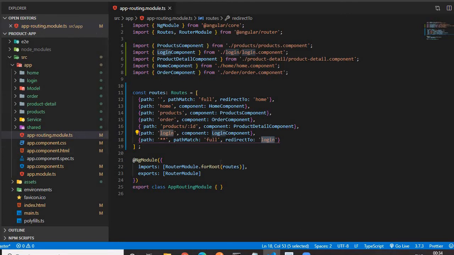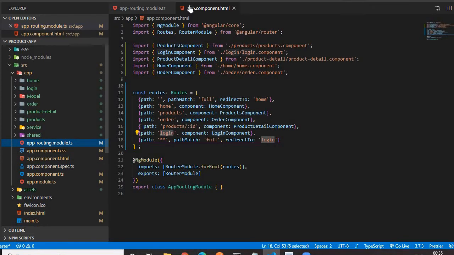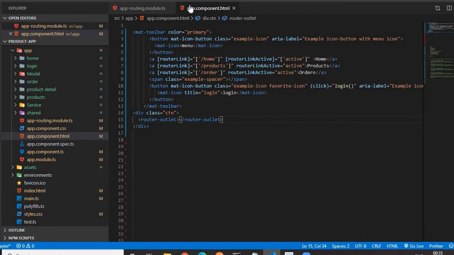Then after configuring the routing path, the next step is we have to go to the component, go to that HTML file in which we have declared the navigation bar, I mean the mat toolbar. Mat toolbar is the Angular Material component we already covered in my day 2 tutorial.